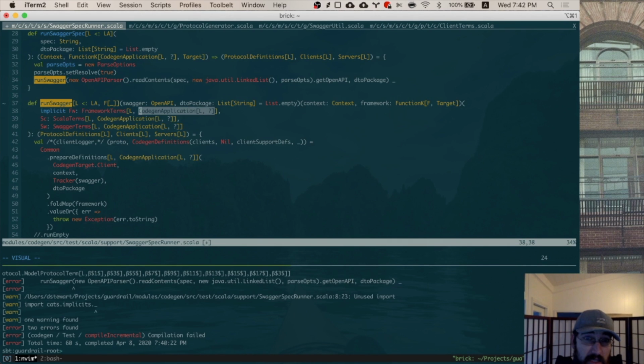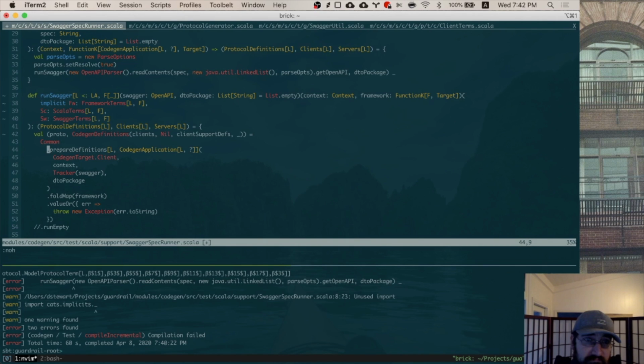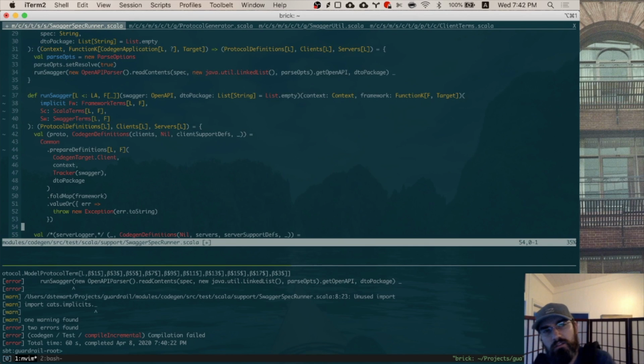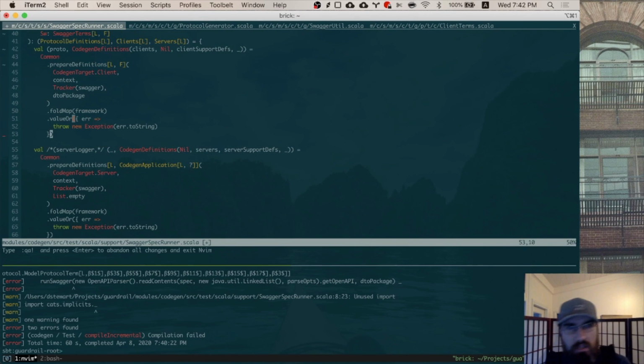Cogent application L is to F, F, F. Oh, maybe. Definitions to F. That fold map framework. Fine, value or this would be F at this point. No, this would be,